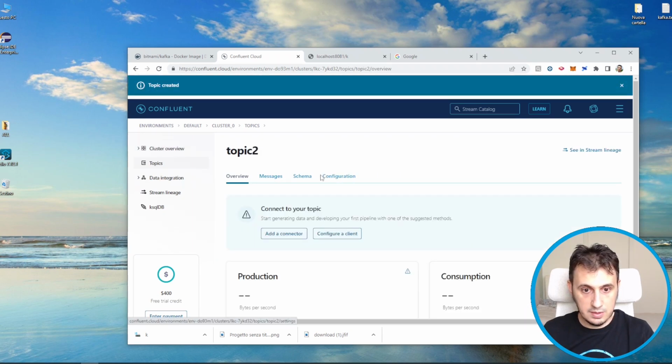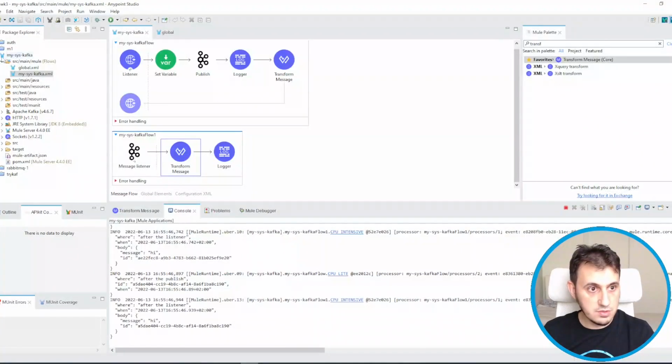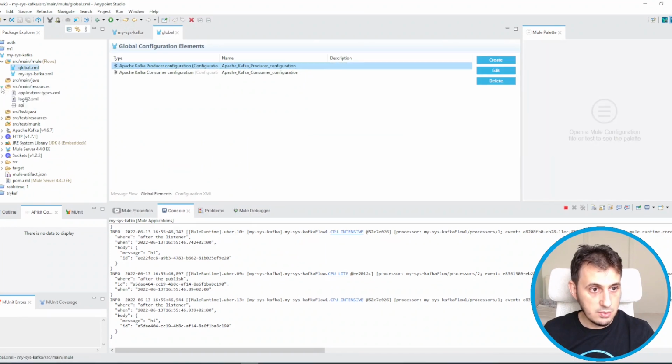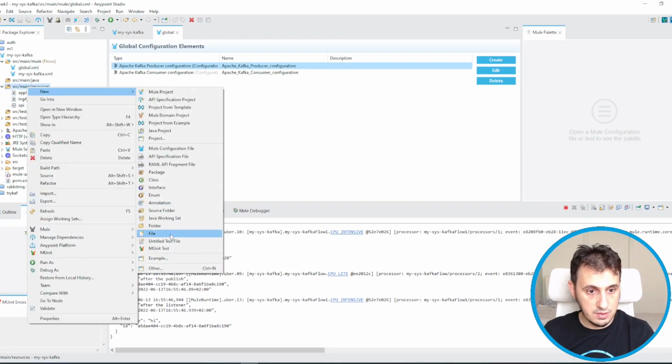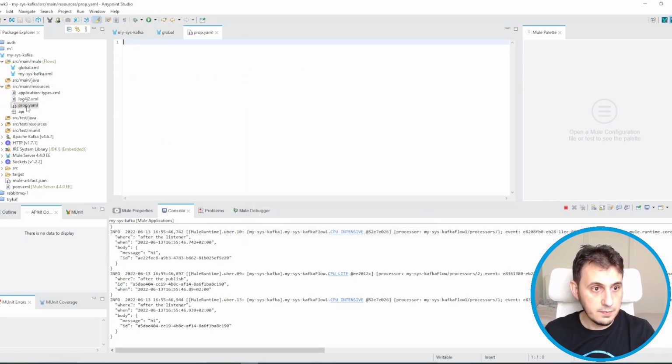Now we have to refactor in order to connect to this Kafka. So let's do some refactoring. Let's create an application properties file, prop.yaml.